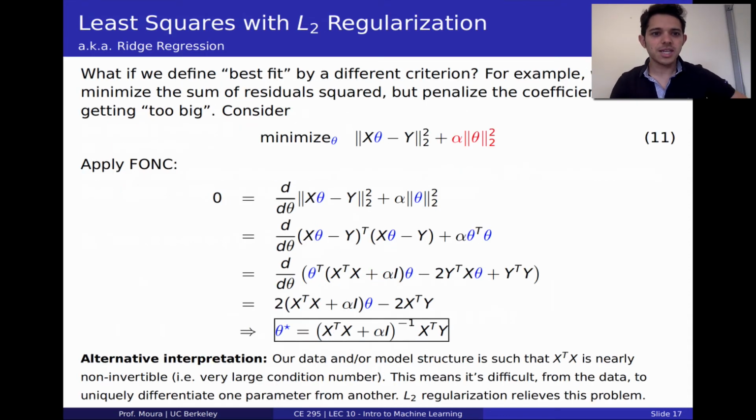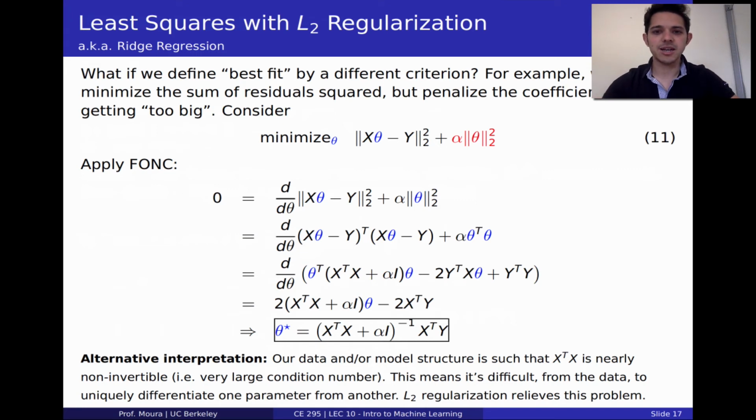Okay, so now I want to talk about a very popular variation of least squares, which is least squares with L2 regularization, where L2 refers to a norm. Okay, that's a lot of mathematical jargon. Let's break this down in an applied sense. Now, what if we define the best fit by a different criterion? For example, suppose that, indeed, we're interested in minimizing the sum of the residuals squared, but if we do that